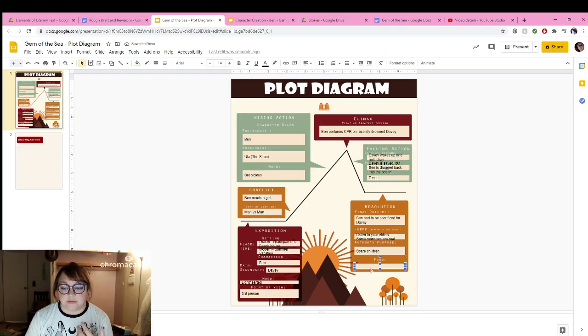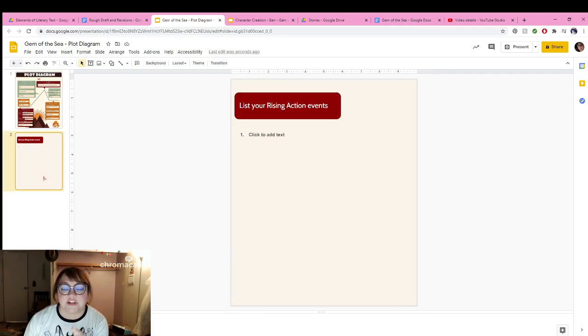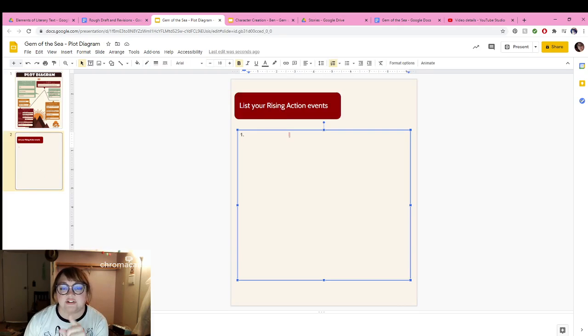And the mood at the resolution is somewhat desolate. You don't really feel successful at the end. Davy was saved, but at what price? So that's that. If you notice, I added another sheet on here, and it says list your rising action events. So you need probably about 10 of these. And these are events that need to get more suspenseful over time. They need to grow. So the very first one is